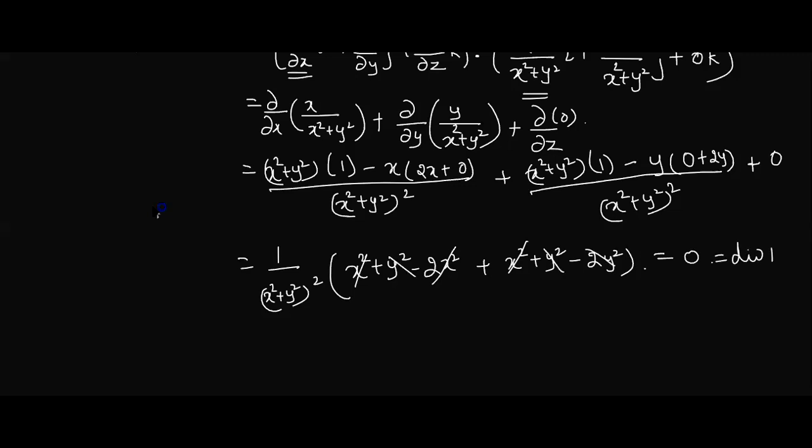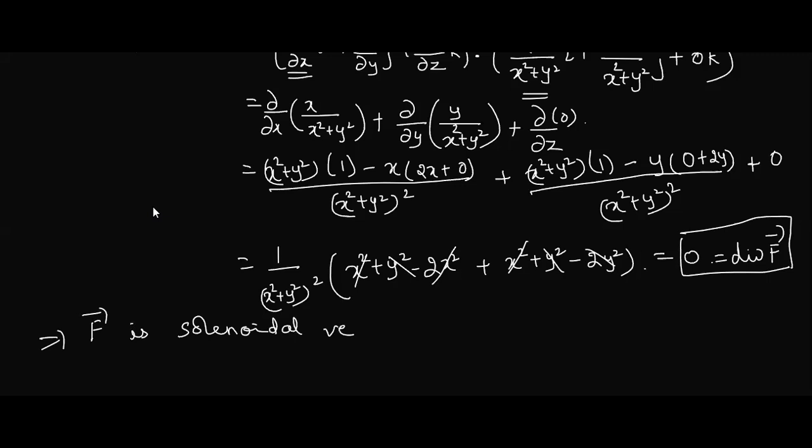What we started with was the divergence of f. So divergence of f is 0 means what is f called? Solenoidal. Just answer one simple question: is every field going to be solenoidal? No. So solenoidal and irrotational is a particular case. The general case is a vector field. So the vector fields which satisfy this condition are going to be solenoidal.